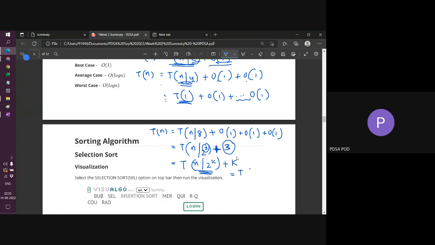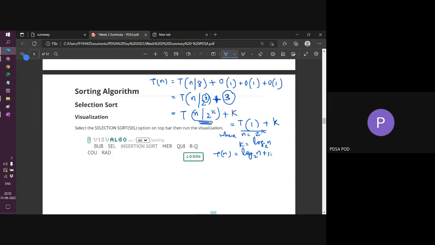So that is equal to T of 1 plus k, where n equals 2 power k. The same computation that we did, we get log n to the base 2. So this T of n now becomes log n plus 1, which is nothing but O of